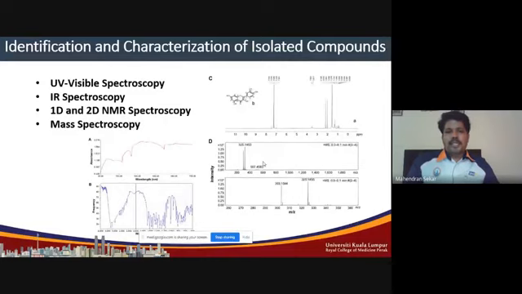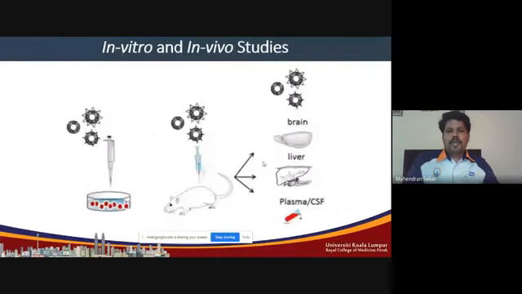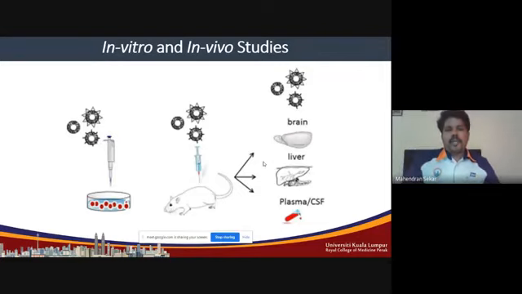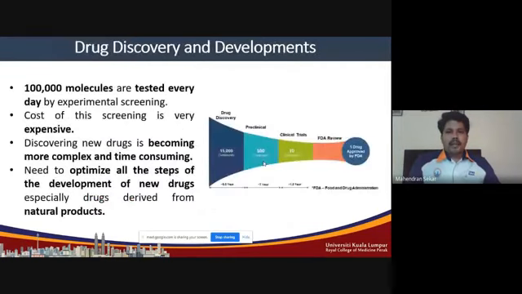So after the isolation, what we do is go for in vitro studies. Similarly, some do not isolate at all; they directly do the in vitro and in vivo studies by using their extract. So this is what we currently practice. My topic of presentation is the recent techniques: how we can minimize the cost and how we can get efficient results. That is only what I'm going to highlight today.